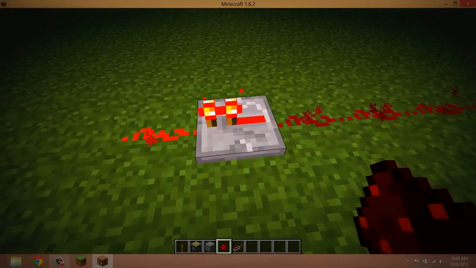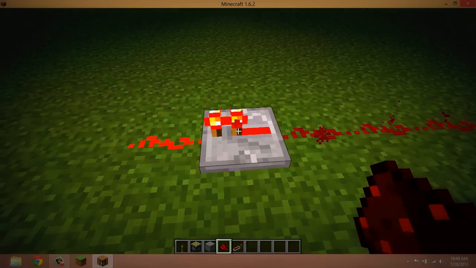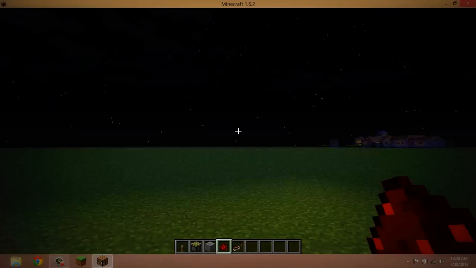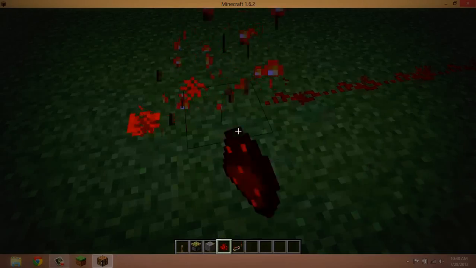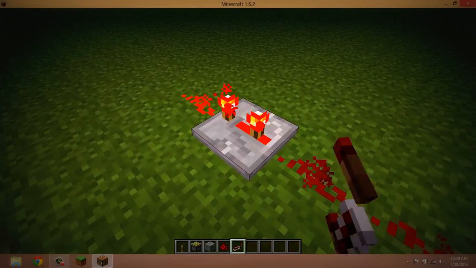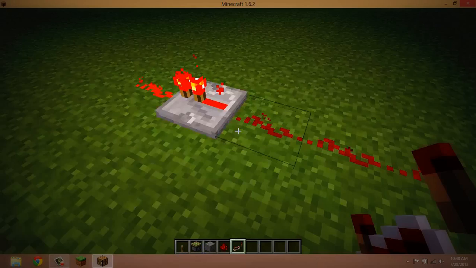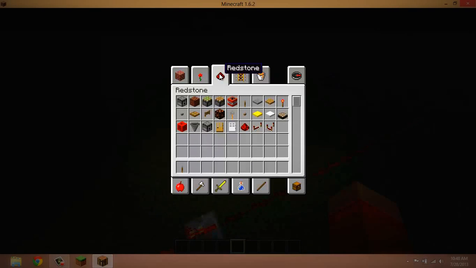Now there is a way to delay it, as you can see. So with it ticked on 1, the redstone current will start right away, but if it ticks on 2, it takes a little longer for that one to start. Oops, I broke it. Third, a little longer. Fourth, pretty long. So, yeah, that's how that works. I'm not a redstone master, but hopefully I've gone over some nice tips so you guys can know how redstone pretty much works. The last thing I'm going to show you is redstone torches, and